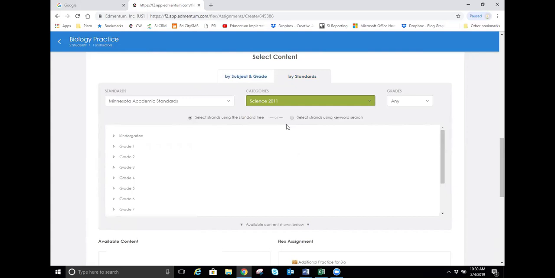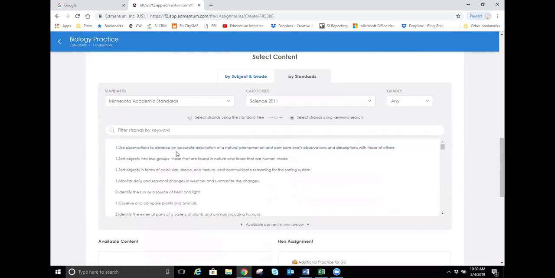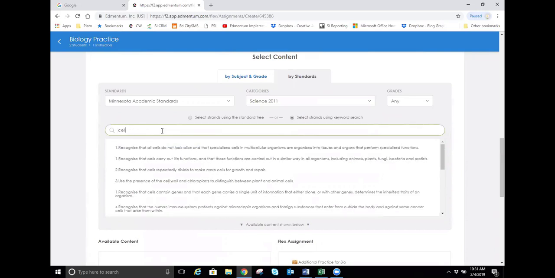Okay, so let's then change the toggle here from select strands using the standard tree to select strands using keyword search, because maybe I'm not 100% sure what the strand is called or what exactly it says, but I do have an idea that I want cells, for instance. So let's go ahead and type cells here. And then I get all of the objectives that